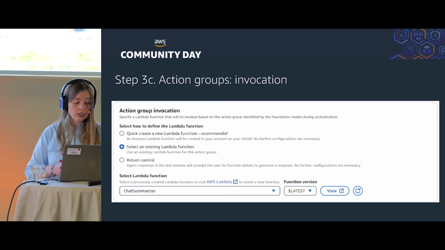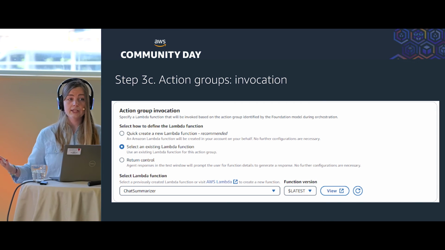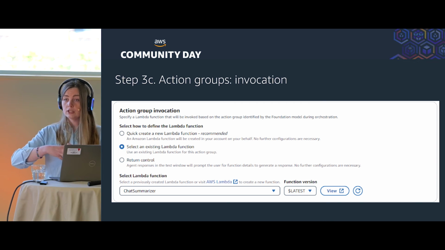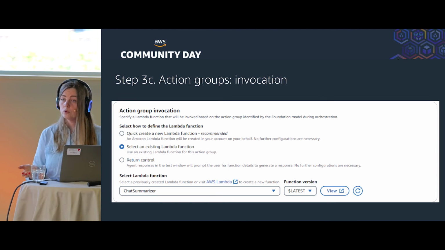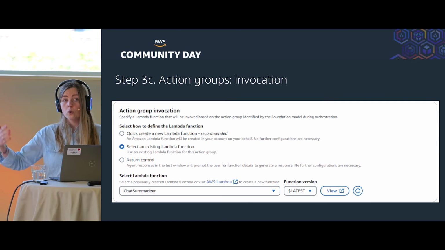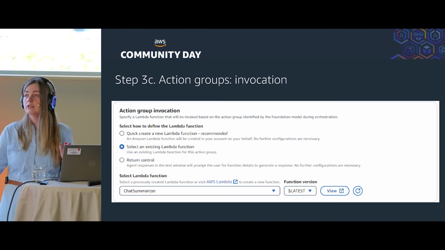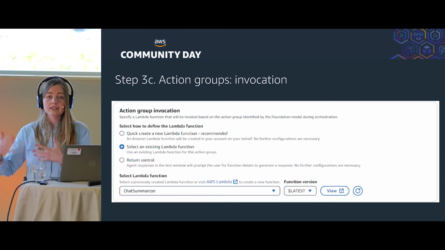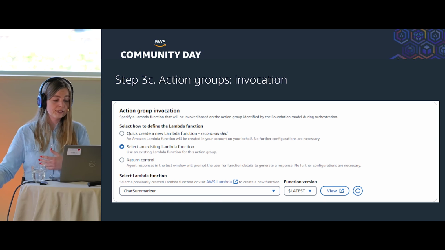But now you can, for example, return control to the user or to the application in which your agent is embedded. This may be useful when your workflow is going beyond Lambda, or where Lambda usage is not handy, or when you want to have your agent implemented and tested quickly, so you can just type some input and proceed.